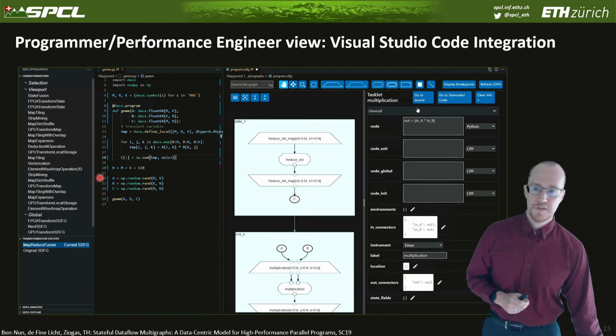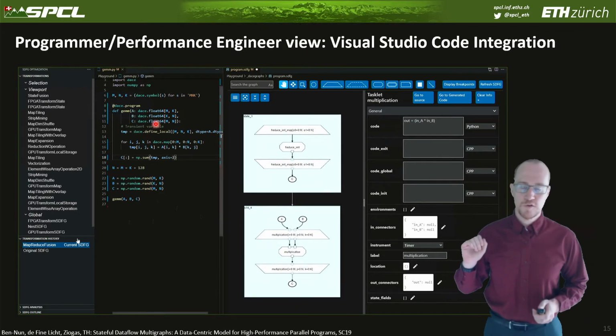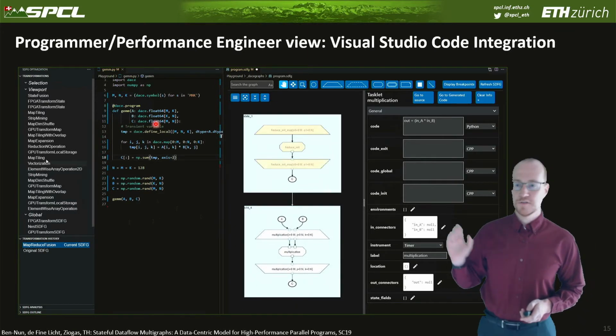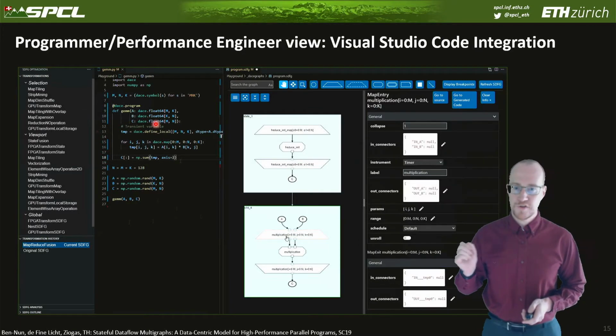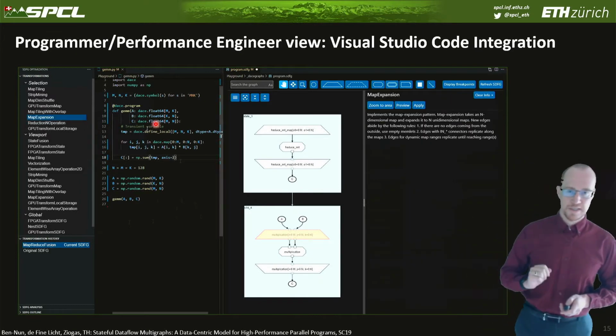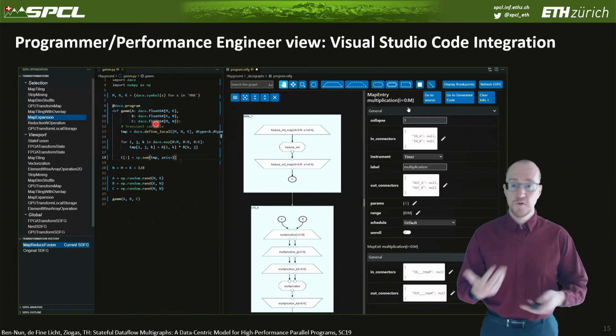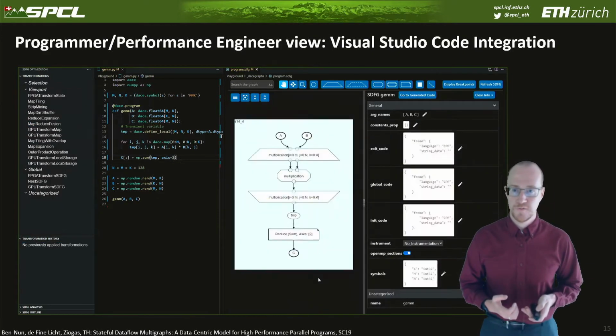And here you see the Python source code. So you can edit all of this live. You can edit the Python source code live. It's going to regenerate the graph. It's going to regenerate the possible transformations, because we check, of course, if they're applicable, and it's going to show you all these nice things on the right side. So this is how the performance engineer interacts with the graph, how the performance engineer really extracts performance from it.